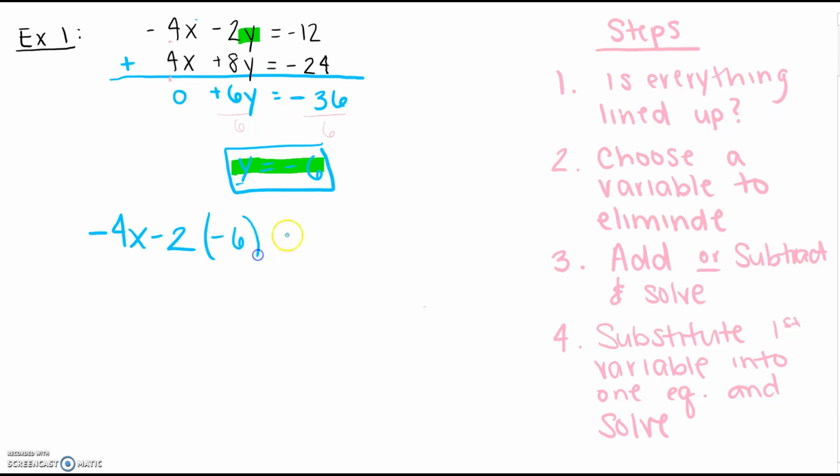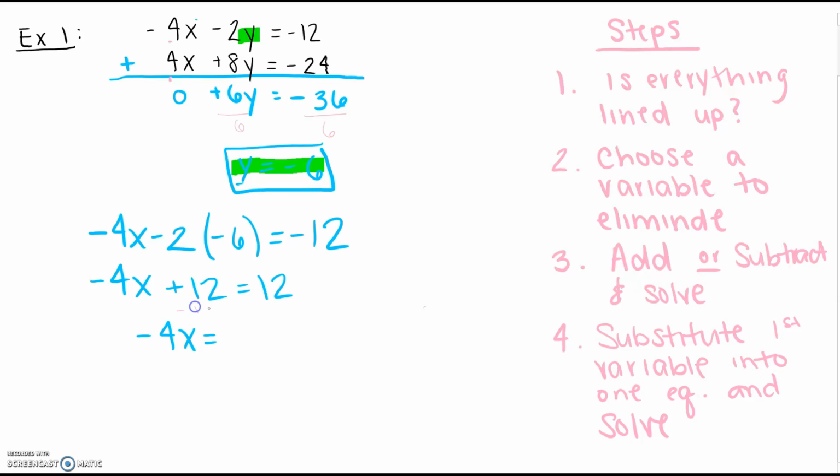Negative 6 equals negative 12. And then we solve algebraically. So first thing, negative 2 times negative 6 is positive 12. Bring everything down. I'm going to move my 12 over, so I'm left with negative 4x equals, and if you like doing this,